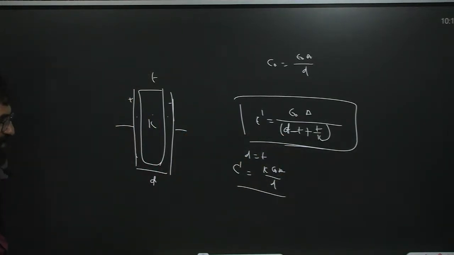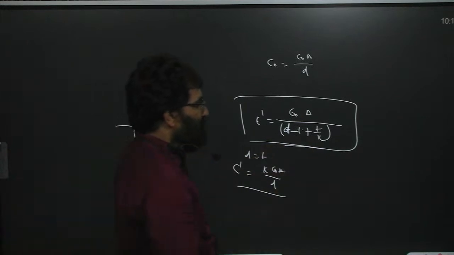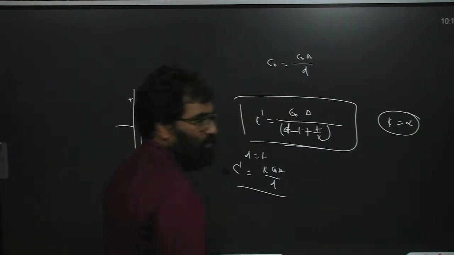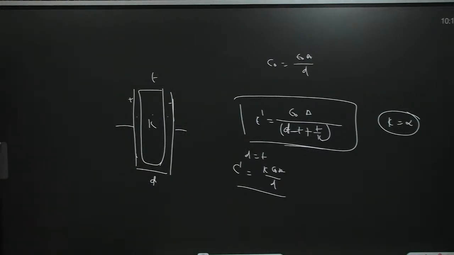So for conductors, K becomes infinite. The dielectric constant of conductors is infinite. For conductors, K is equal to infinity. Now,